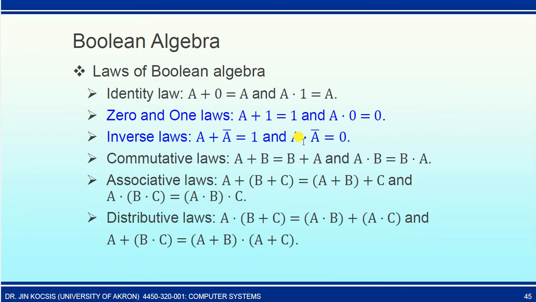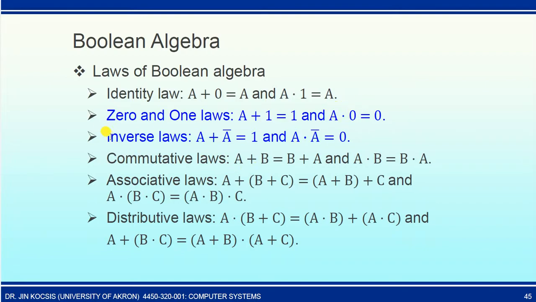I think it's not commonly recognized, but it's really straightforward. The basic one is called the 0 and 1 laws. Basically, if you implement an OR operation, as long as one of the inputs is 1, the output will be 1. I don't care what the other input is. Say one more time, if you implement OR operation, as long as one of the inputs is 1, the output will be 1. Similarly, if you implement the AND operation, as long as one of the inputs is 0, the